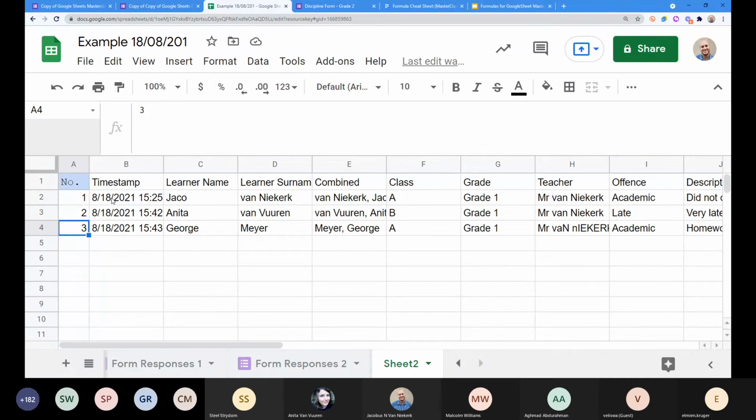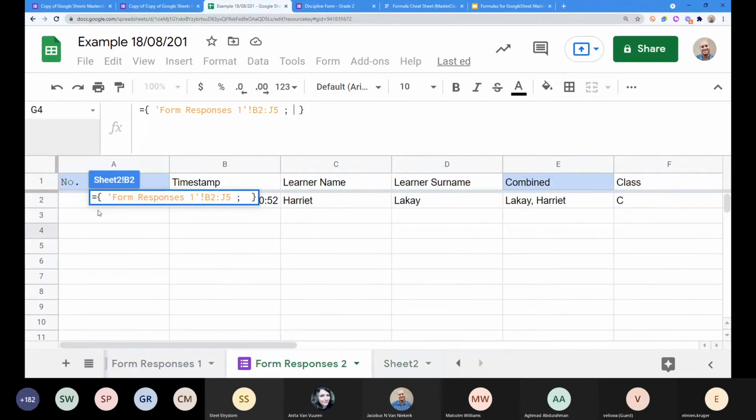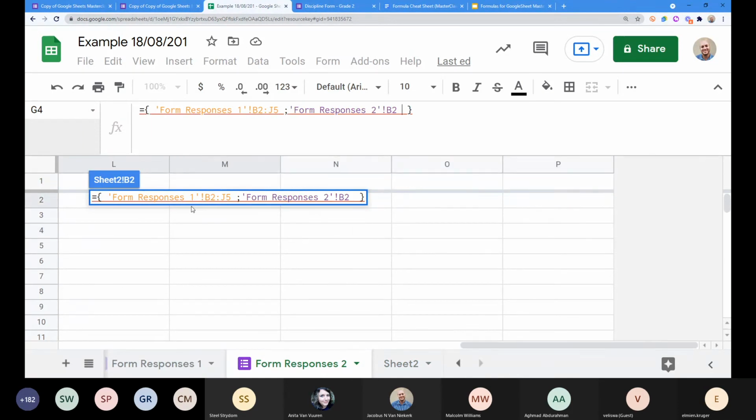But now, this is not what we actually wanted, because all that we've done is basically made a copy of this form responses 1. And that's not what we want. We want form responses 2 as well. So now we go back to our curly brackets, because now we're going to use the semicolon, and we're going to give it a second range to go and collect. We're going to go to form responses 2, and we'll take the same range all the way to,